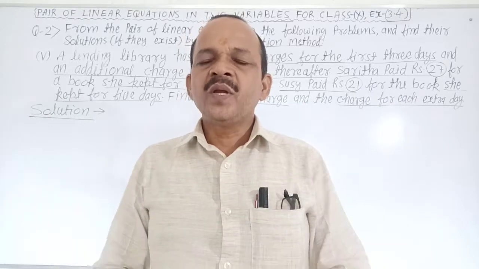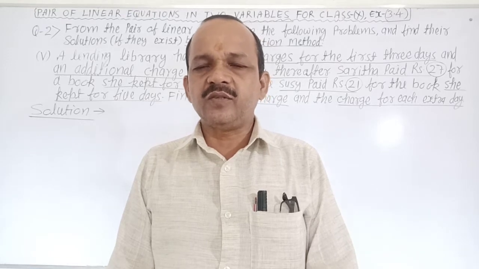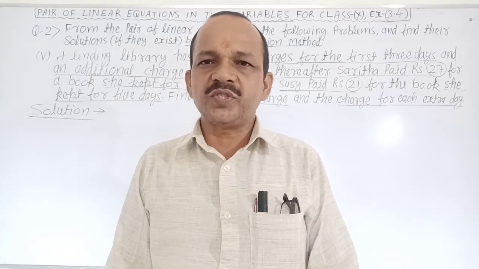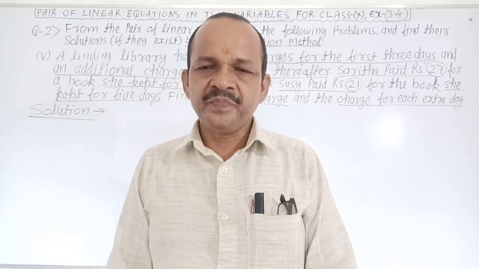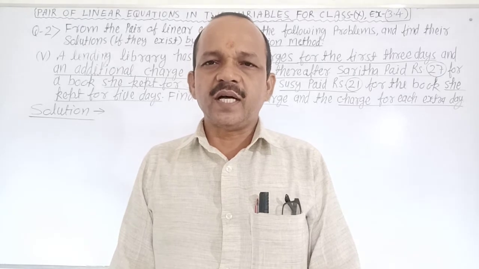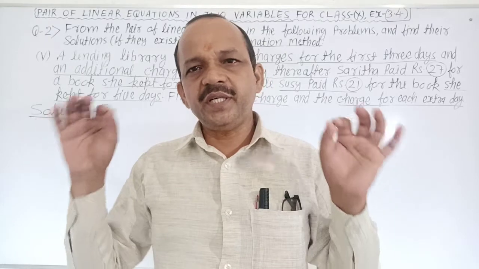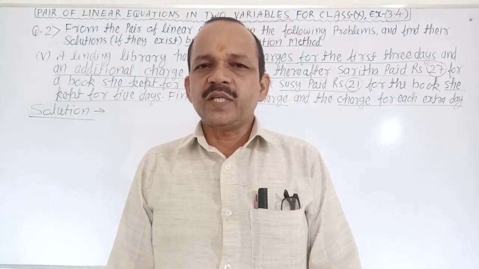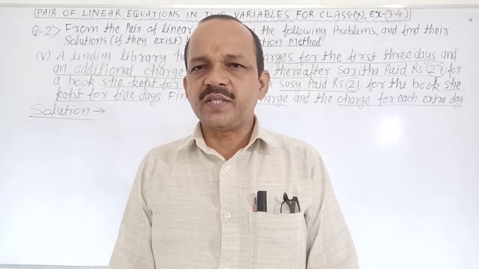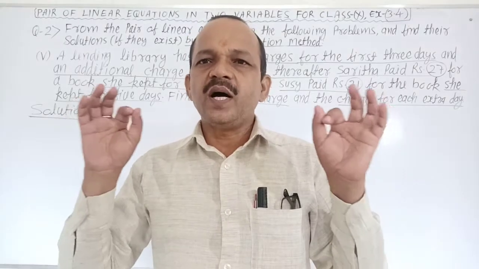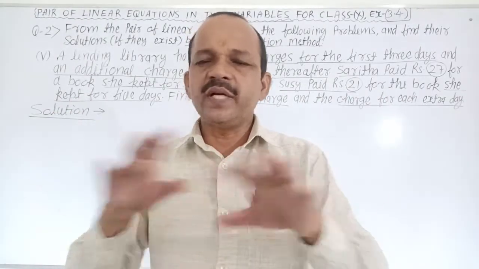Very good. Firstly, I want to describe the form of pair of linear equations in two variables, because you can ask me, what is the form of pair of linear equations in two variables? It is new for you, so you can ask questions very easily. It is a1x plus b1y plus c1 equal to 0 and a2x plus b2y plus c2 equal to 0. It is the form of pair of linear equations in two variables. It is clear, no confusion about it.